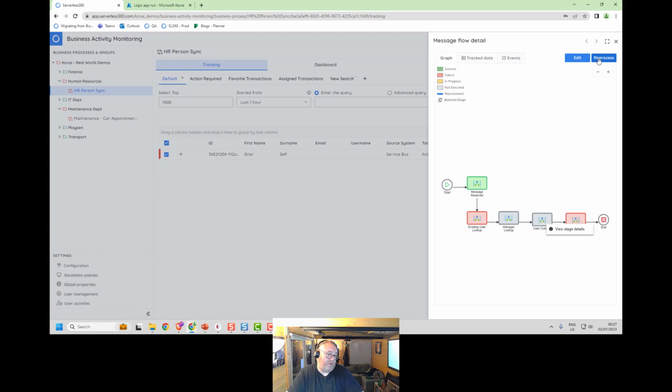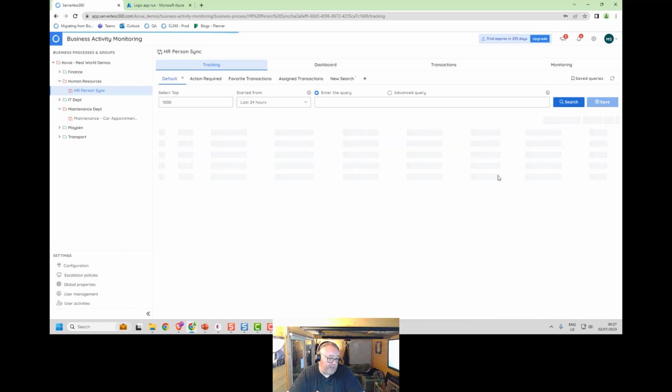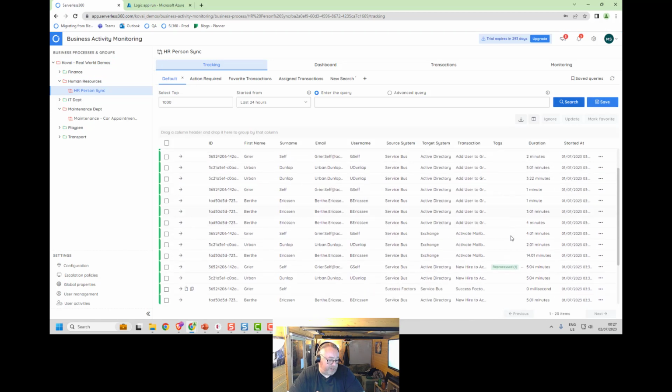So you could reprocess that again if you wanted to, and you would see, if I just go and put the search back, you would see on this one down here, it's marked that I reprocessed it,